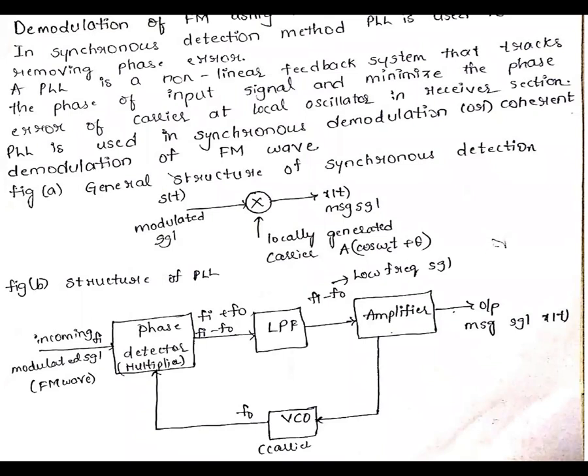Okay, students, with this I conclude my concept. In the next class we will go over some concepts along with the generation of FM and some bandwidth calculation. The bandwidth of AM is 2fm. The bandwidth of FM follows the Carson rule. What the Carson rule is, and the mathematical equations involved, will all be discussed in the next class.